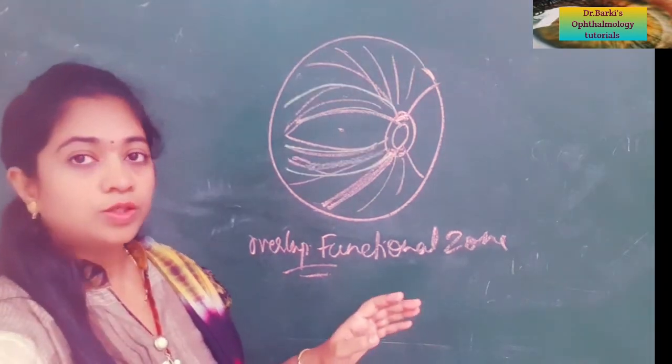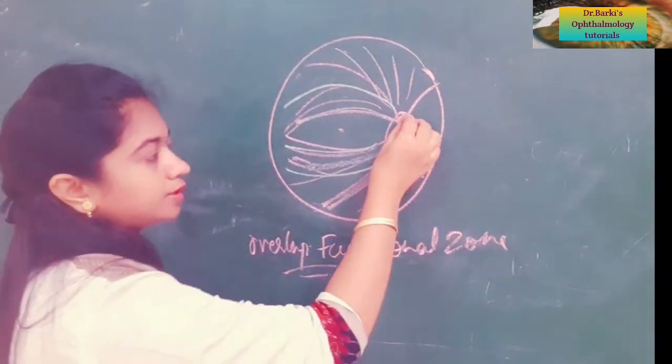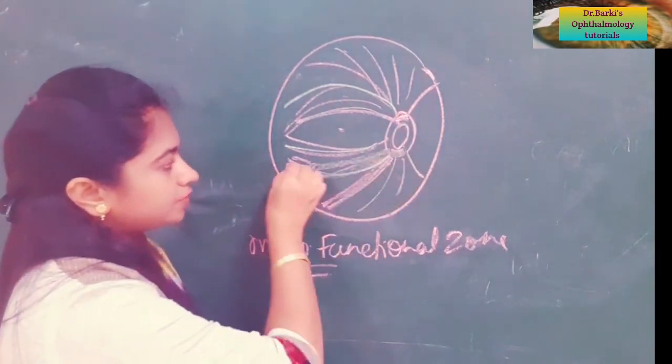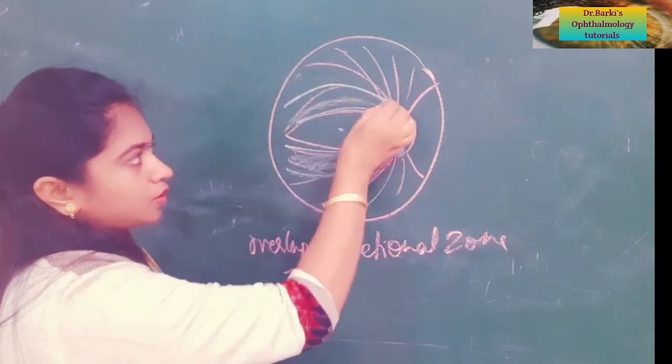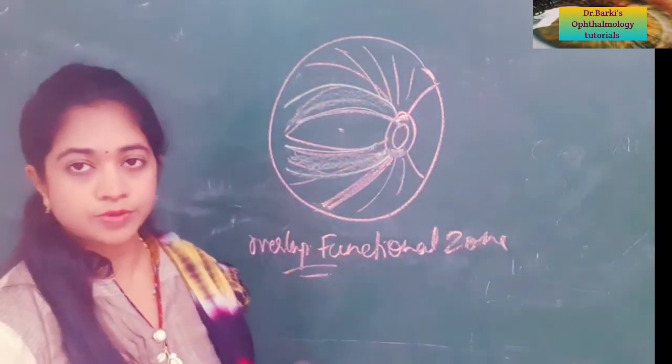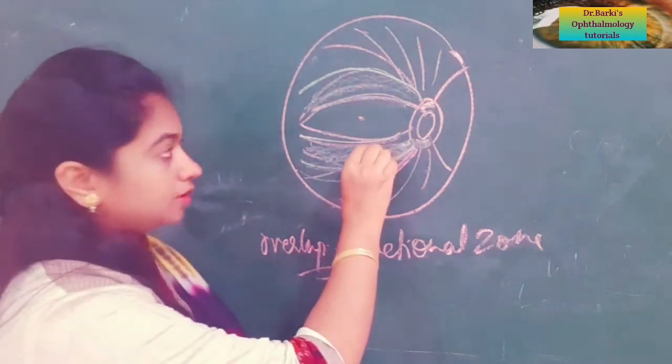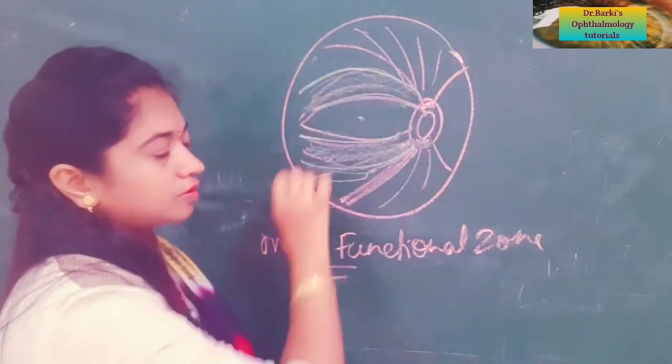In glaucoma, usually the first to get affected are the superior and the inferior arcuate fibers, which represent the visual field in the arcuate area. So there will be corresponding visual field defects. So what is this arcuate area? This is the area above and below the macula, but within the vascular arcade.